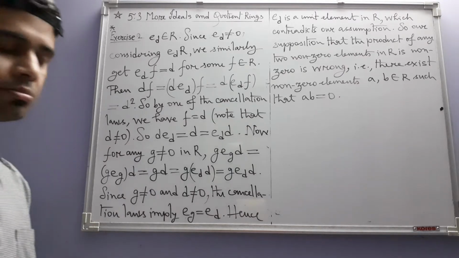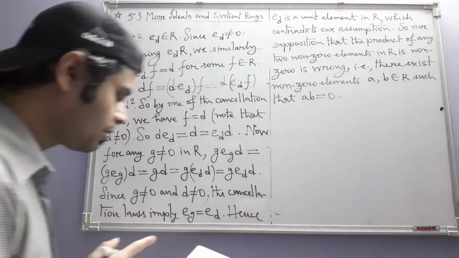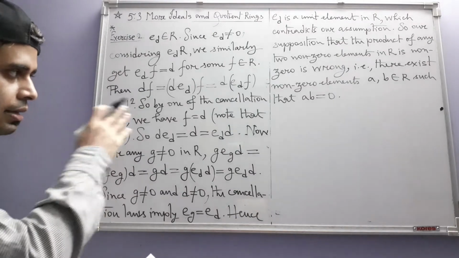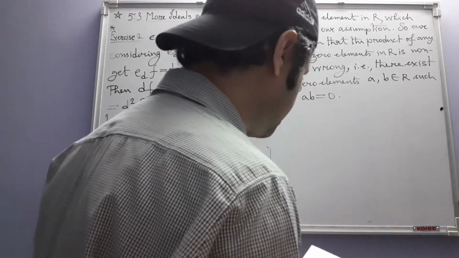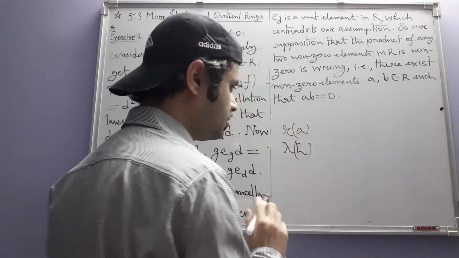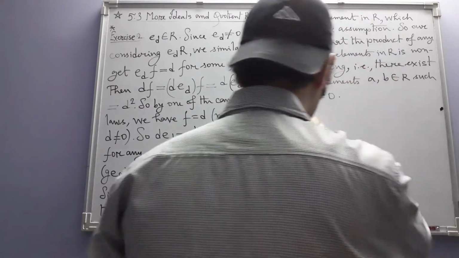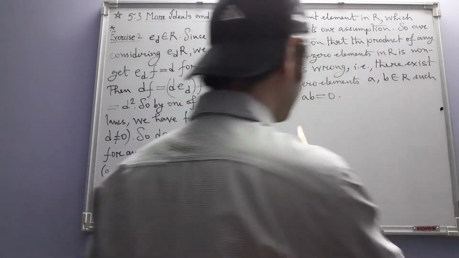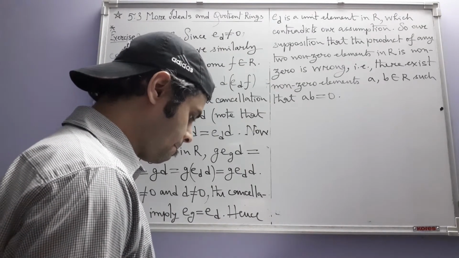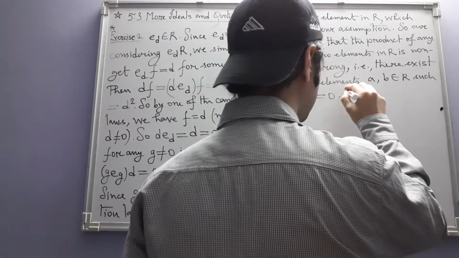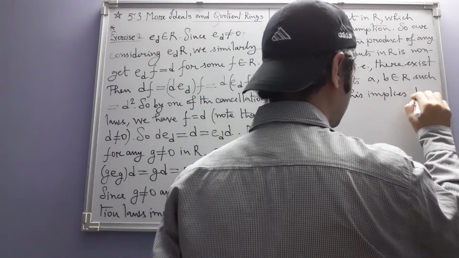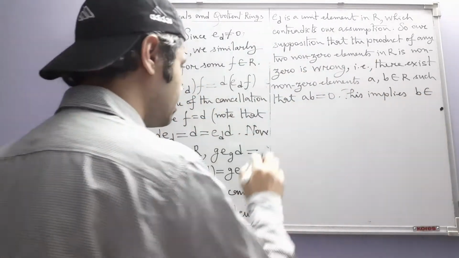Now where can we go from here? Now we have to recall some ideals or right ideals from the previous set of exercises at the end of section 3.4. There we came across things that look like this: Ra, lambda L. So we will make use of them. Let us see how. But what do we get from this equation? Okay, this implies B belongs to Ra.